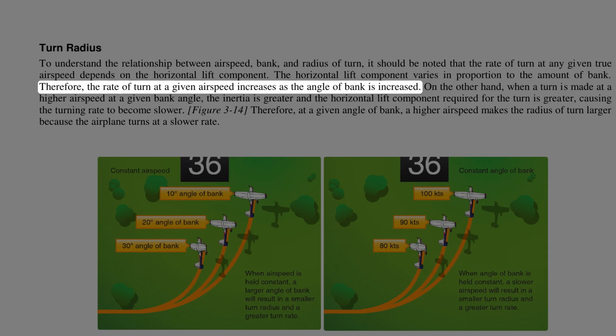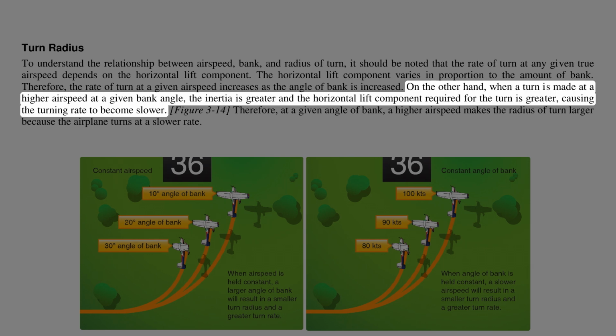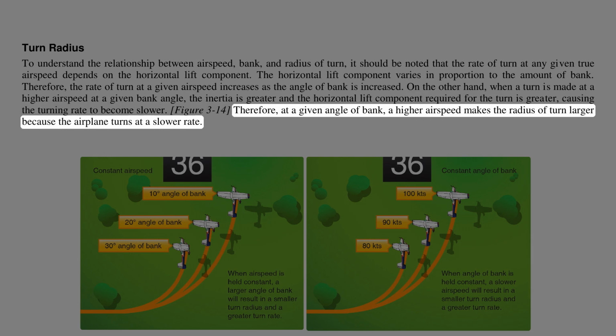Therefore, the rate of turn at a given airspeed increases as the angle of bank is increased. On the other hand, when a turn is made at a higher airspeed at a given bank angle, the inertia is greater and the horizontal lift component required for the turn is greater, causing the turning rate to become slower. Therefore, at a given angle of bank, a higher airspeed makes the radius of turn larger because the airplane turns